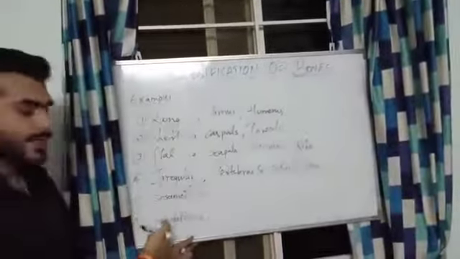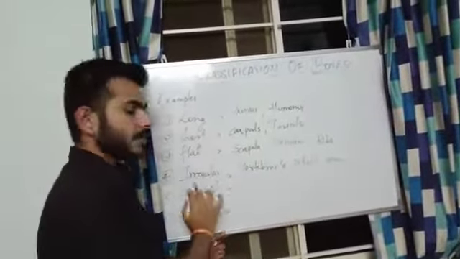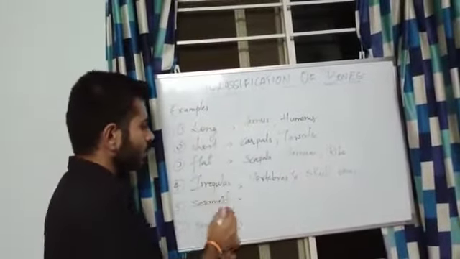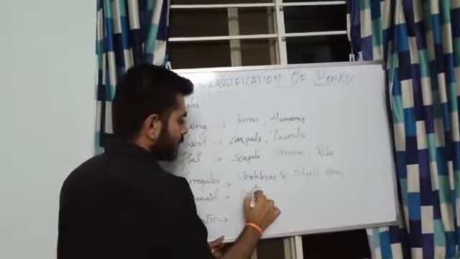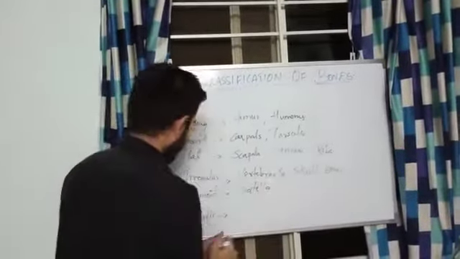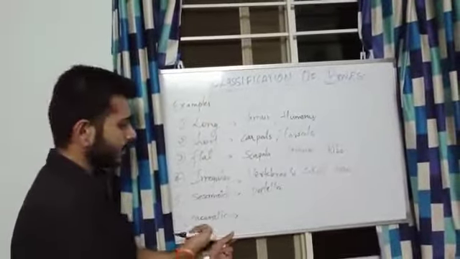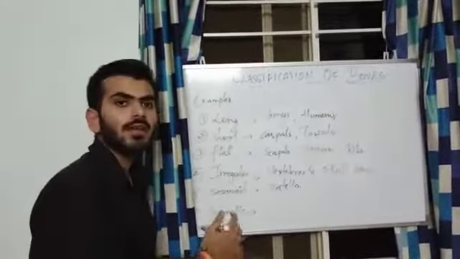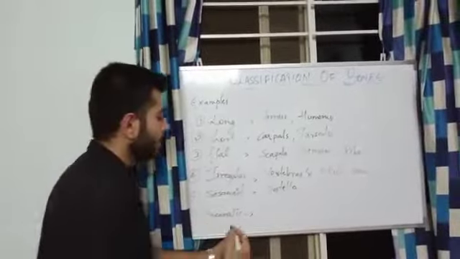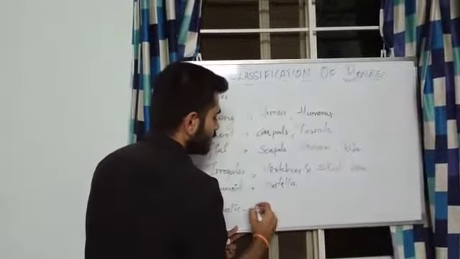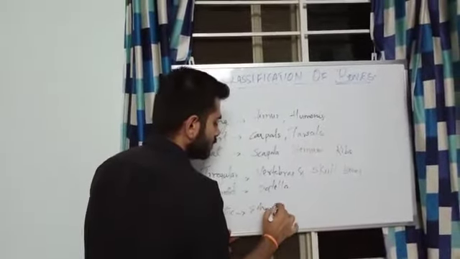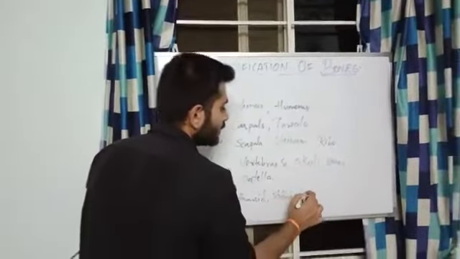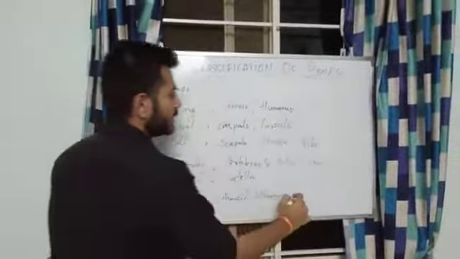Coming on to the sesamoid bone. Sesamoid bones are nothing but bones which have an attachment with a tendon. So an example of these is the patella, which is found in the knee joint. And next we have the pneumatic bones. Here by pneumatic bones I mean the bones which have large air spaces in between them. So the examples of these are the ethmoid bone, the sphenoid bone. These are the bones which are found in the skull.